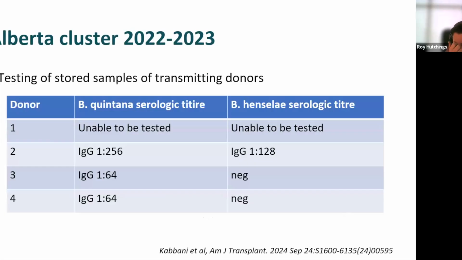I've shown here the serology results of those donors whose recipients had developed infection, because it's important to note that the serologic titer was quite low for half the donors. As you can see, donor 3 and 4 here had a titer of 1 in 64, which we would typically consider to be equivocal. Normally we would consider 1 in 256 or a 4-fold rise over time to be strongly supportive of active infection. We could not do a subsequent test 2 weeks later.